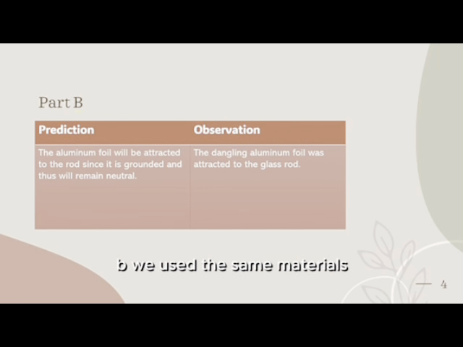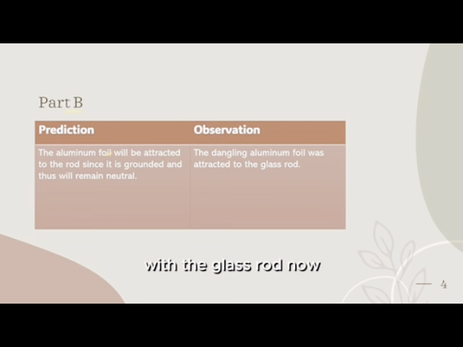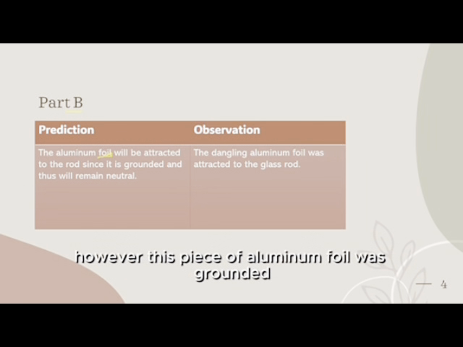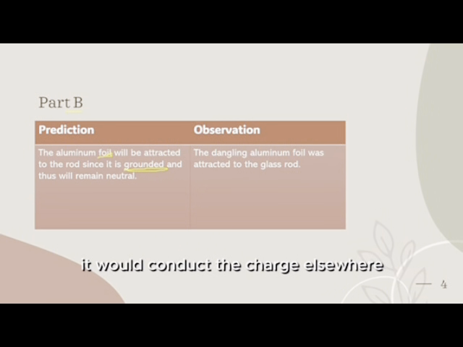B, we used the same materials, that is the glass rod and the aluminum foil. However, we previously touched the aluminum foil with the glass rod. Now, following certain principles, we would know that since it was touched, the aluminum foil would acquire the same charge as the glass rod. However, this piece of aluminum foil was grounded, meaning that since it's a conductive material, it would conduct the charge elsewhere and remain neutral. So we would see the same attractive force as we observed with a positive charge